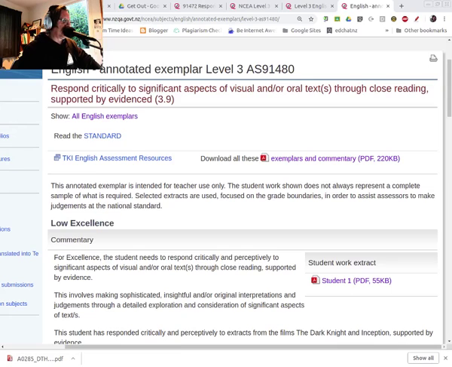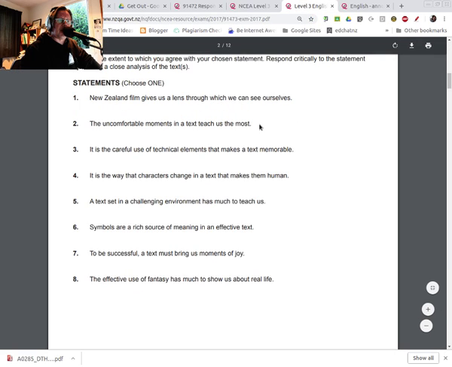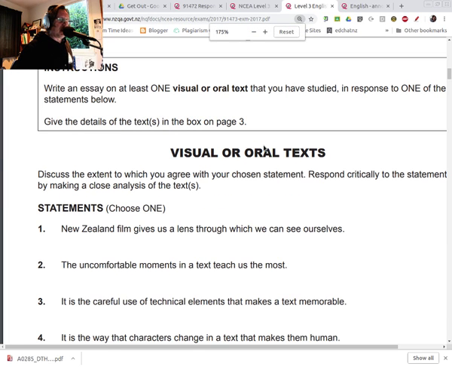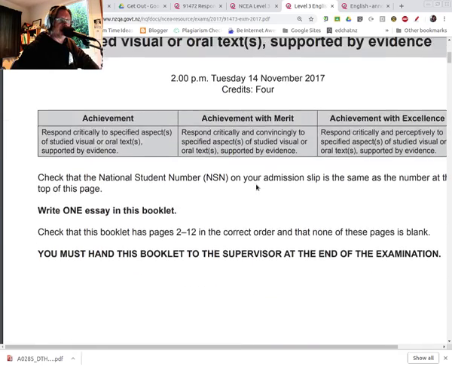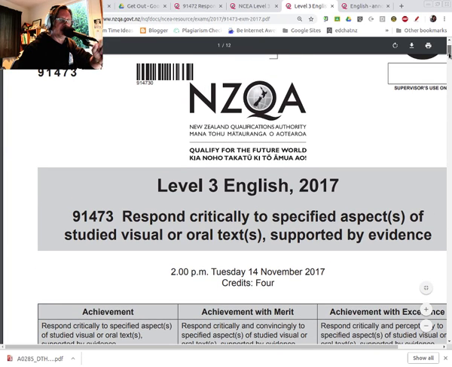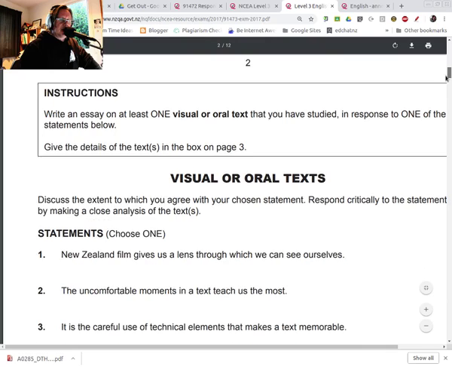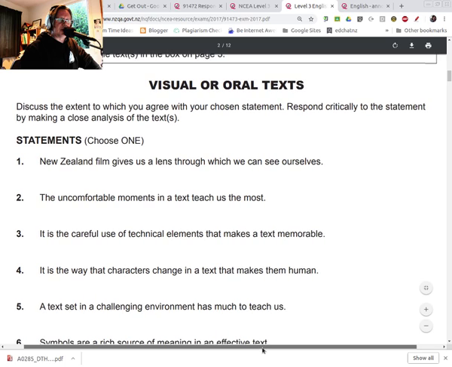So let me just switch over to the first document we want to have a look at. And the first one, I'm going to zoom in a bit for you. The first document that we're going to have a look at is an old paper from 2017, and this is the exam as it was offered in 2017. I want to zip down here to the instructions, and we see that